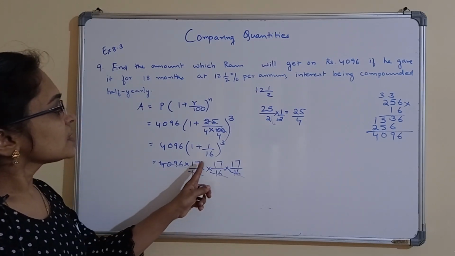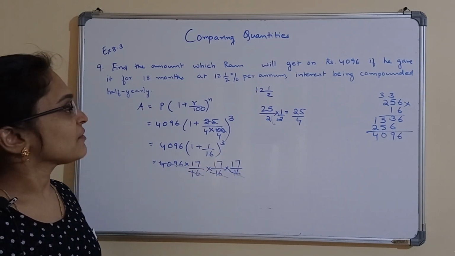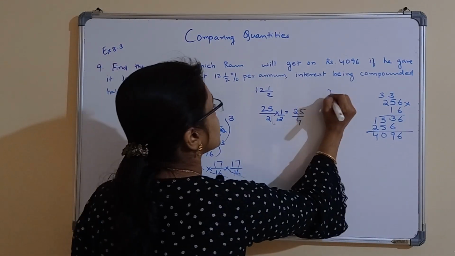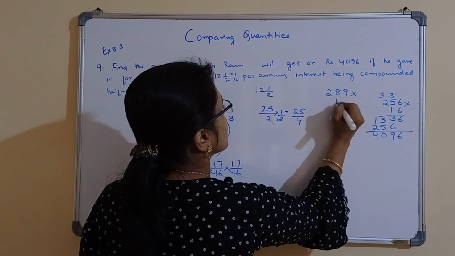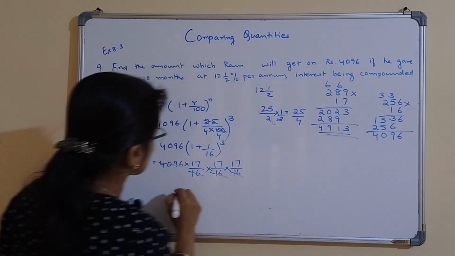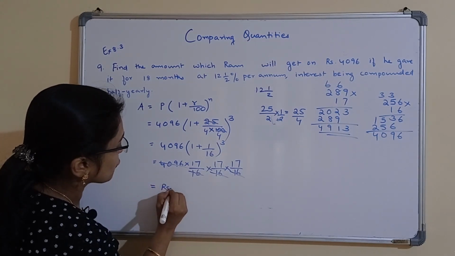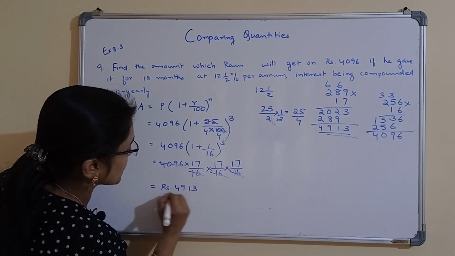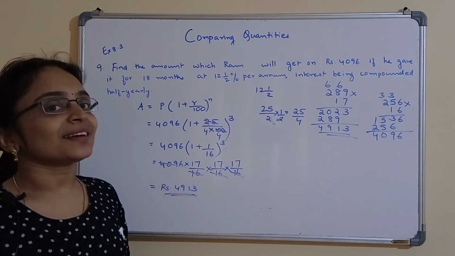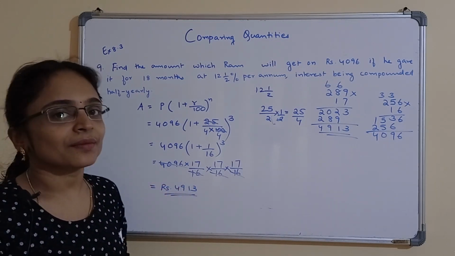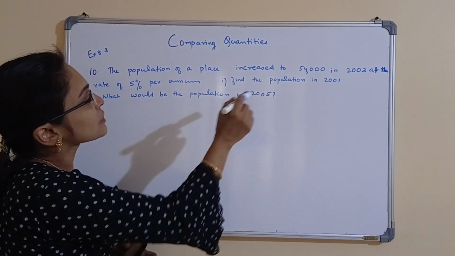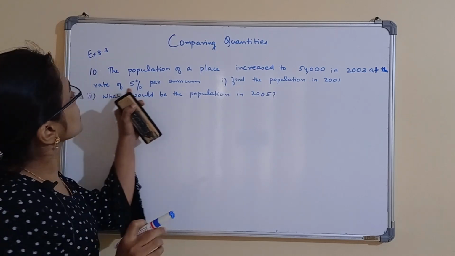Okay, now 17 into 17 into 17 we have to find. 17 into 17 is 289, into 17 is 4913. So this is equal to 4913 rupees. So the amount Ram will get is 4913 rupees. Okay. Now 10th question is, population of a place increased to 54,000 in 2003 at the rate of